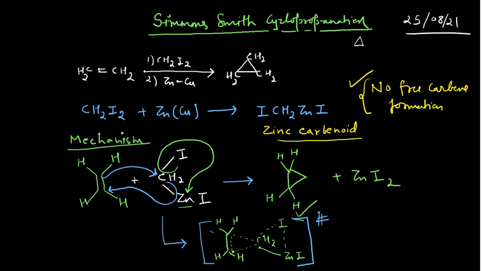And why have I drawn this mechanism here? The reason is quite simple, guys. I have to show the concerted mechanism. So please remember this point. This reaction is a concerted reaction. That means simultaneous formation and breaking of bonds. Whatever bond you form between this alkene and this CH2, the breaking of this I, and the forming of this bond, all will happen in one single step. So there is no question of the formation of a free carbene. This is a high energy transition state, which you should remember.